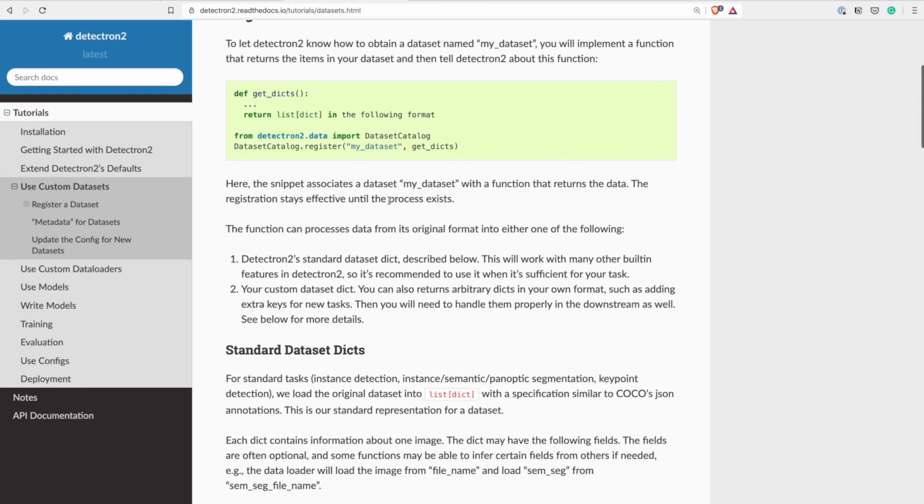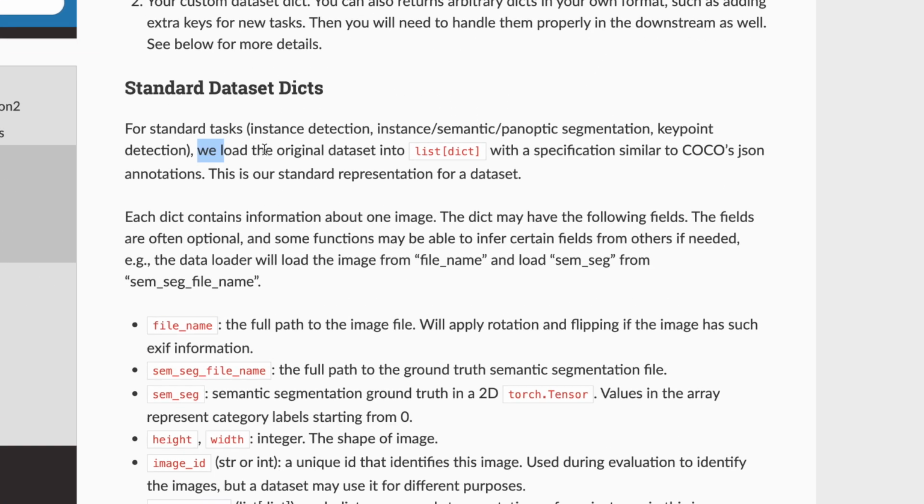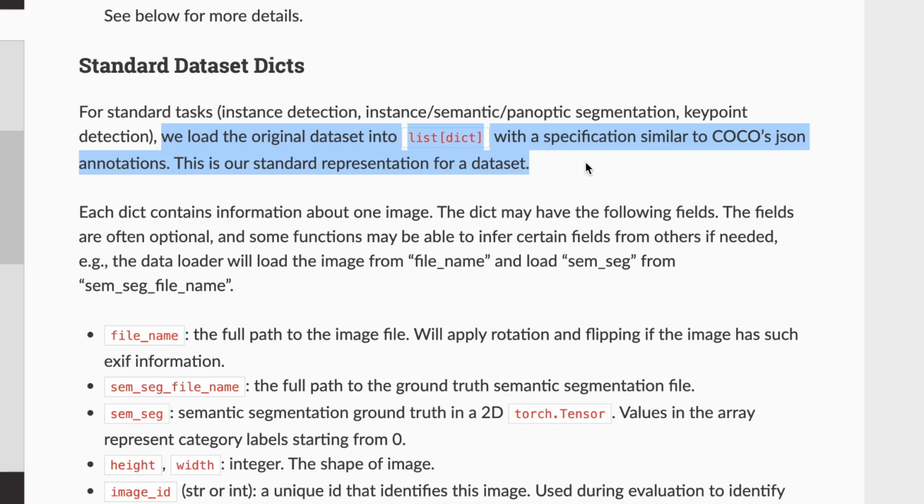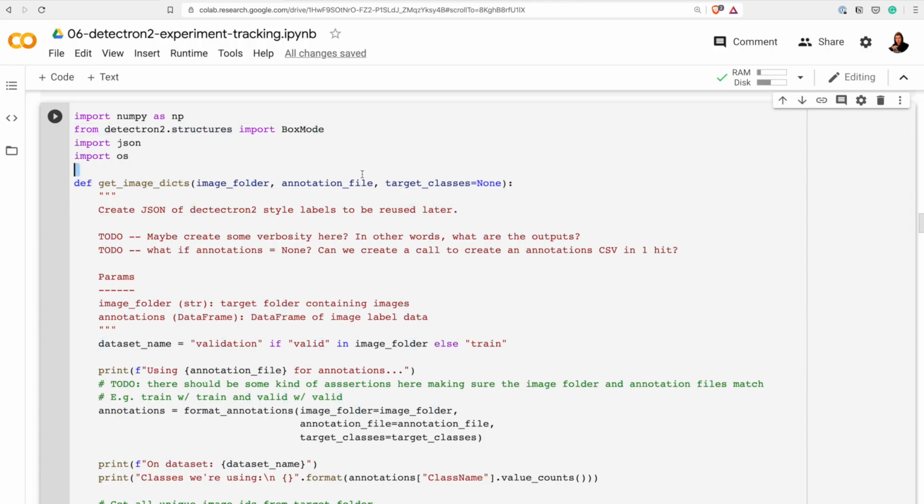And remember, Detectron2 takes a list of dictionaries as input. So I have a function called getImageDicts, and I know what you just thought of. It's like, wow, then you made a function called getDickPics. No, that's dicts as in dictionaries,